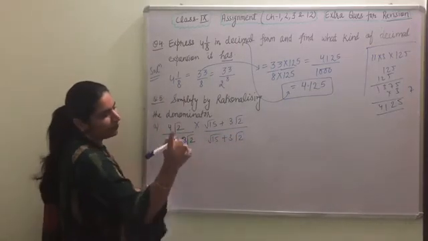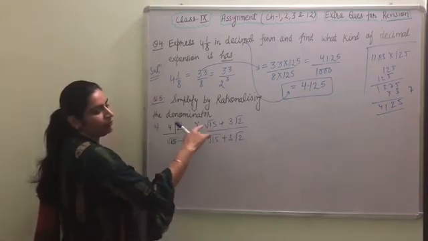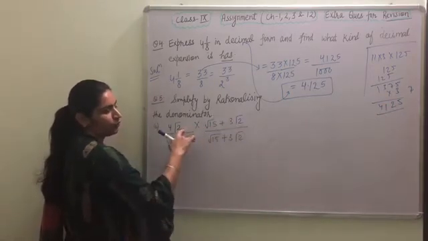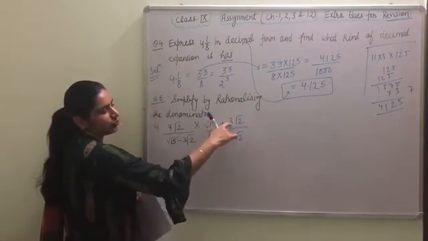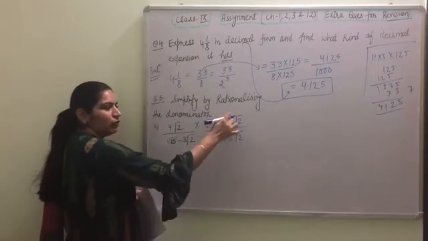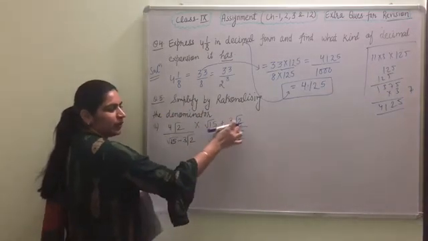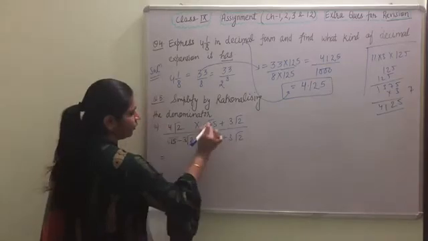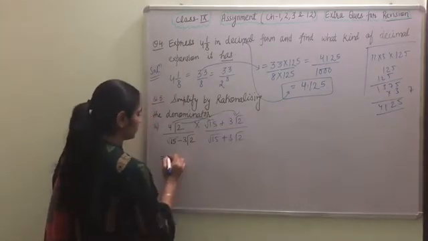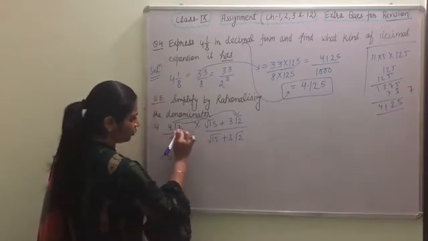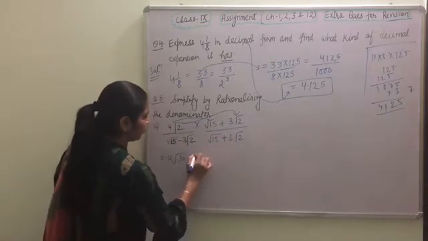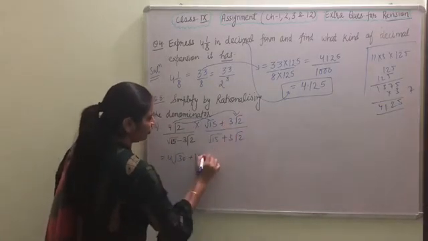Here like terms will be multiplied. Terms containing roots will be multiplied: root 15 into root 2 will be multiplied, and root 2 and root 2 will be multiplied. We can't multiply this 3 into root 2. We can multiply 3 into 4 without root, and the terms containing roots. 4 into the multiplication of these two, and then the multiplication of these two. 4 into root 2, root 15, root 30, plus 4 3s are 12, root 2, root 2.